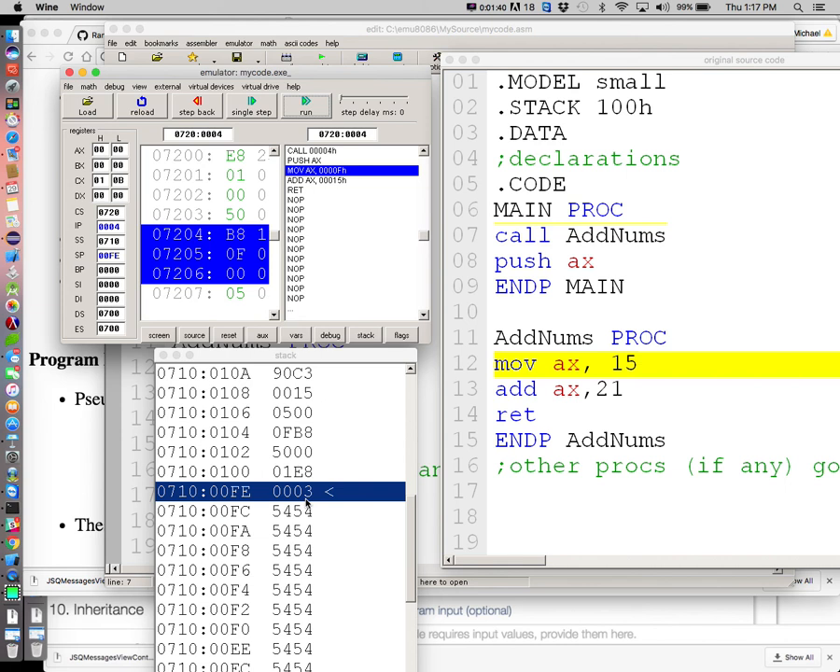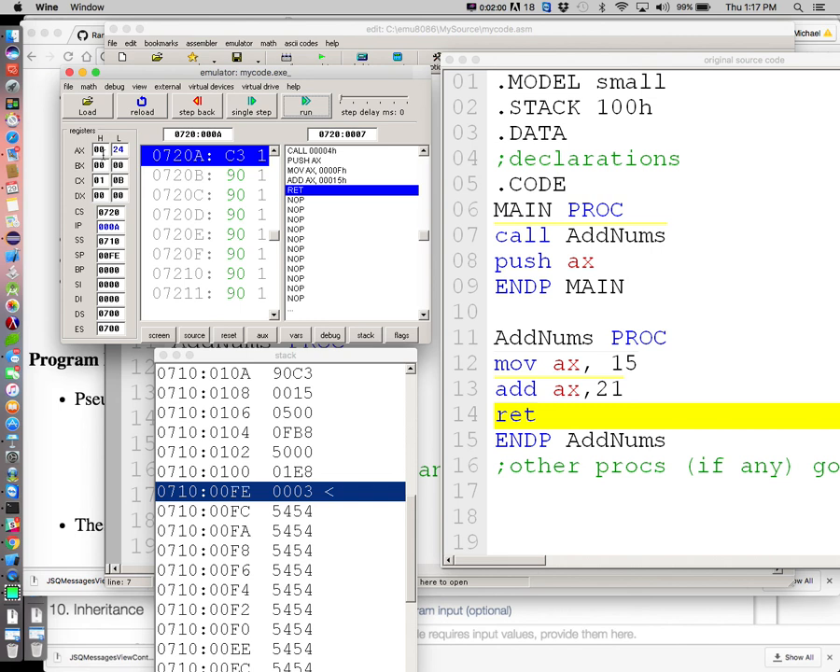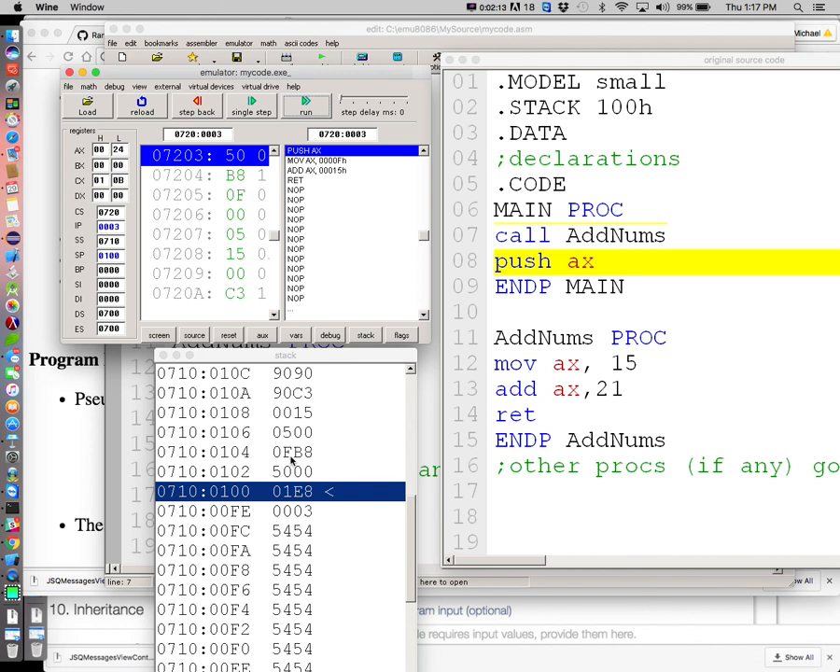Put a 3 there. Then we do our couple of add things. We move 15 into AX, then we add 21 to that, giving us our answer, also stored in AX. So there's our F in AX, which is 15 in hex. Then there is our result in AX, 15 plus 21, which is 24 hex. So 15 plus 21 decimal is equal to 24 hex. Then we hit return. Notice the top of the stack is still 3. When I hit return, that pops off the stack, and we're back to the line immediately following the call to